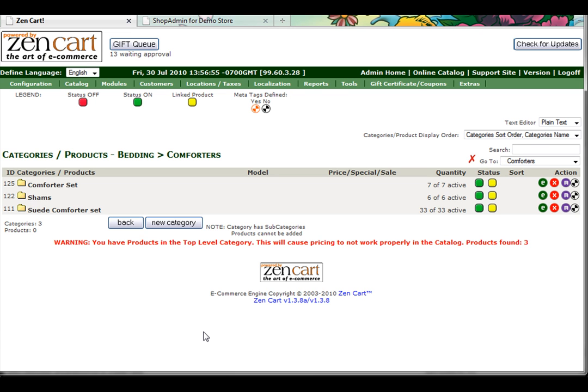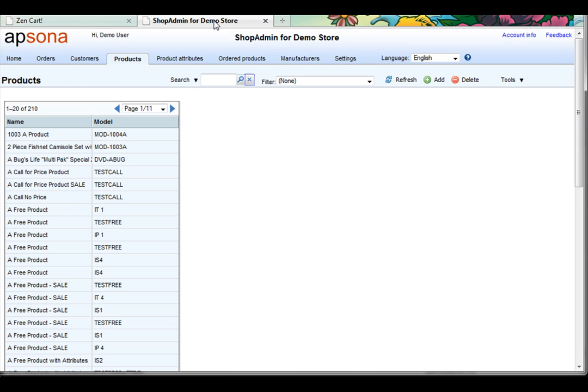So that's how easy it is to import categories and products on the fly with Apsona Shop Admin and seeing them